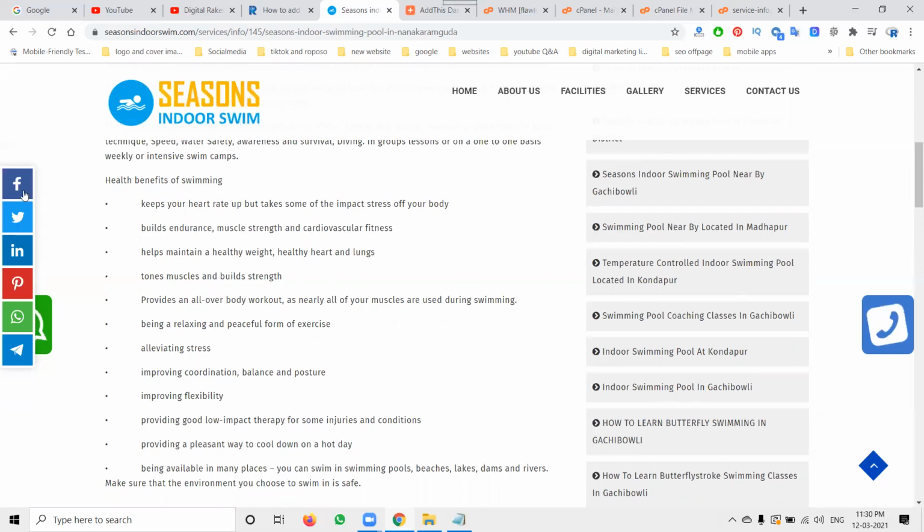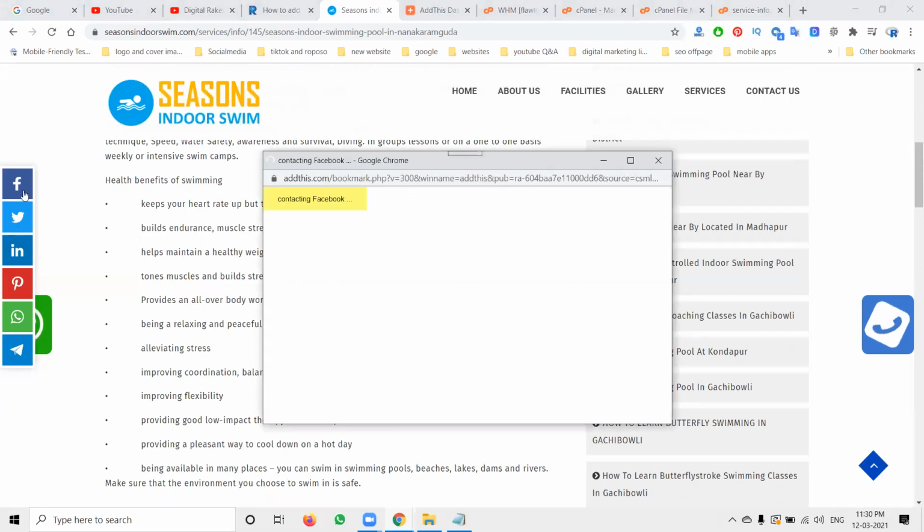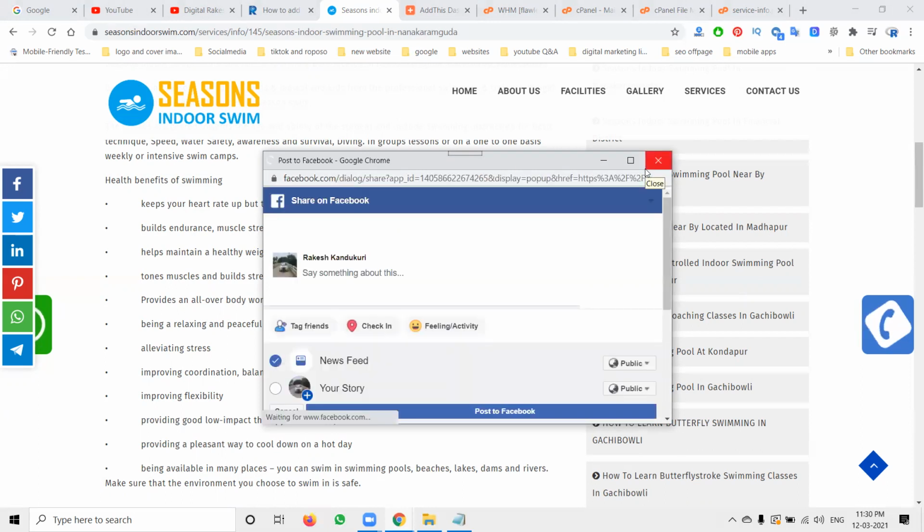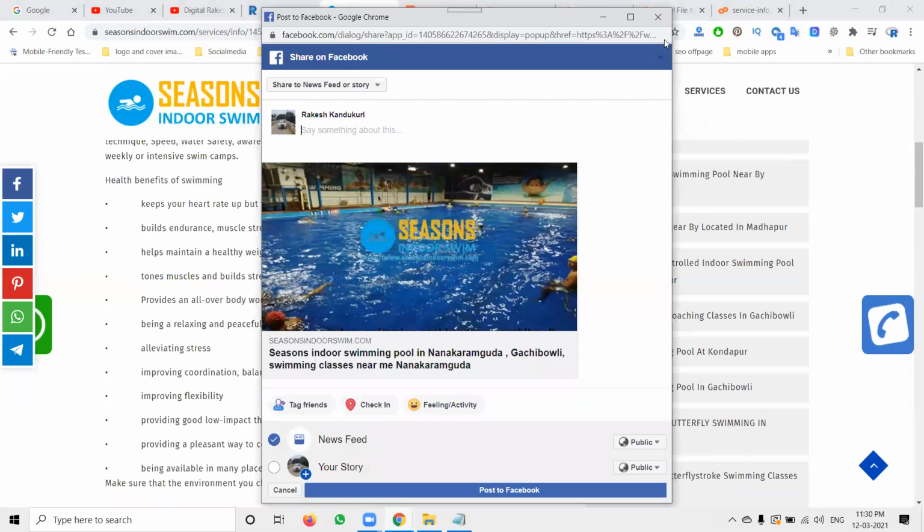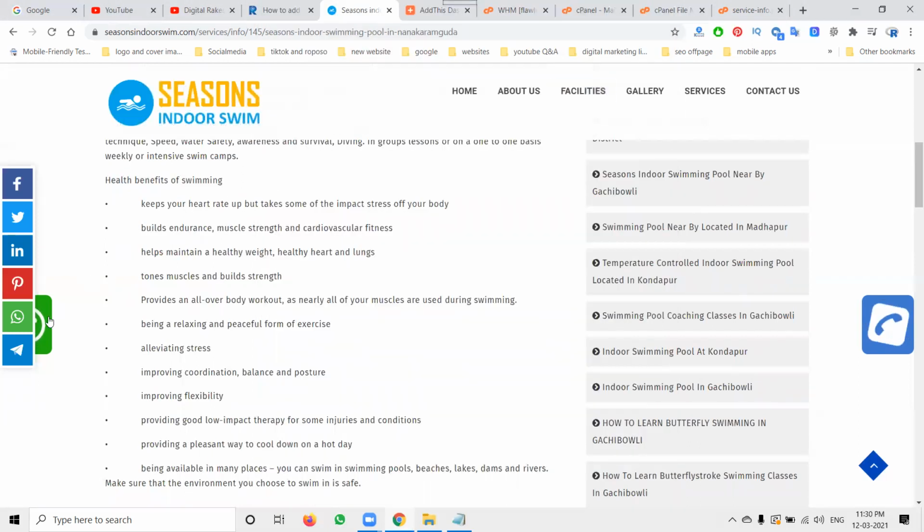When you click here, the content will be shared to your Facebook, Twitter, LinkedIn, Pinterest, WhatsApp, and Telegram. Any option will be visible in AddThis. This is the method we can use to increase user performance and share the content on the particular platform.